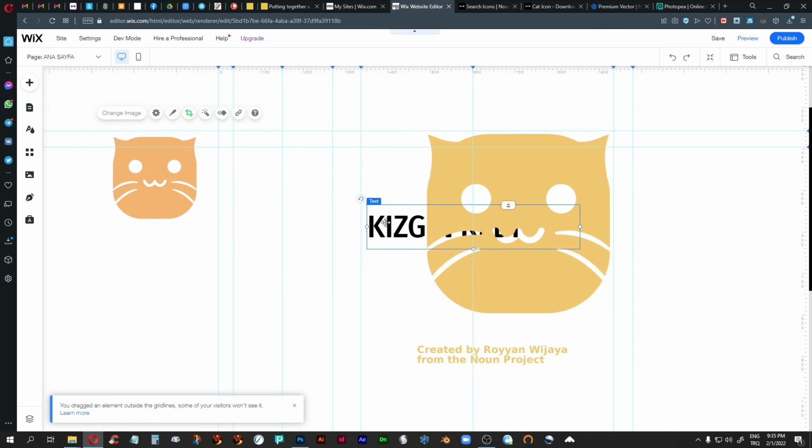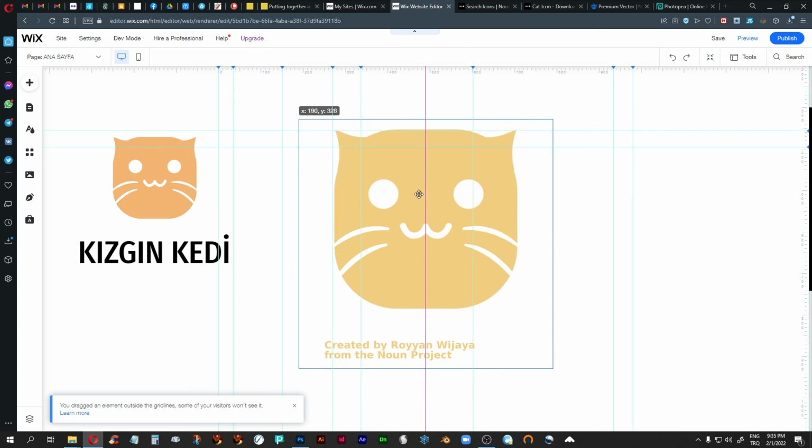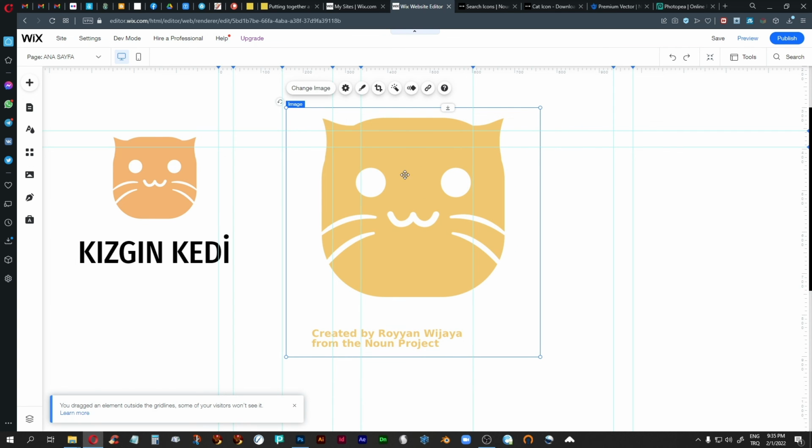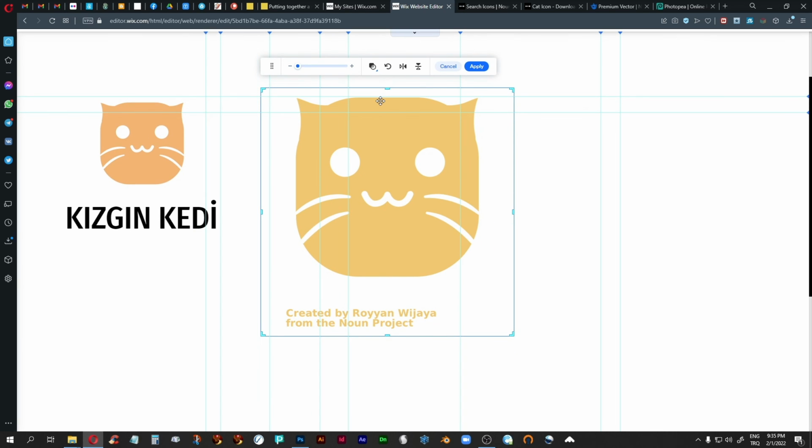So let me move these over. Wix is telling me that I'm putting things outside the grid, which we will come to later. Now here's the crop tool. I don't want to see this while I'm designing, obviously. I just want to keep that so that I remember the name of this person later when I need to use it. So I'm just going to come in,